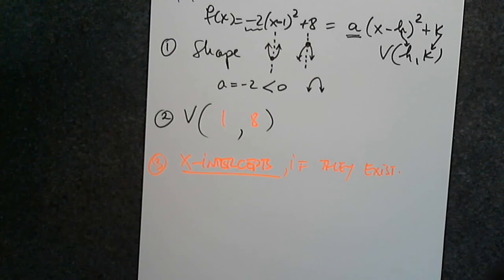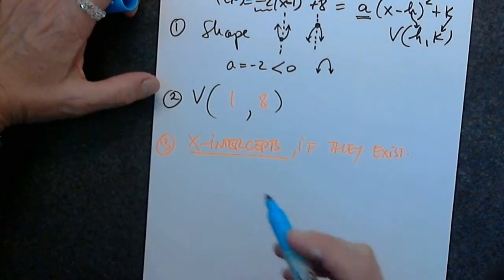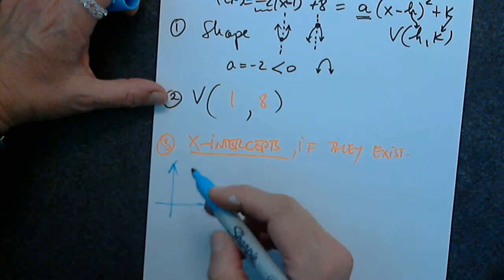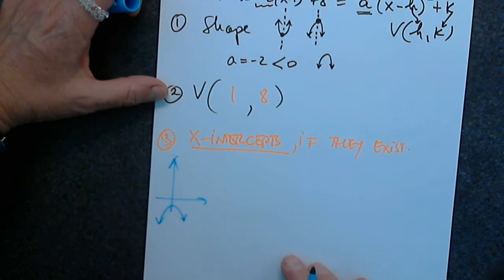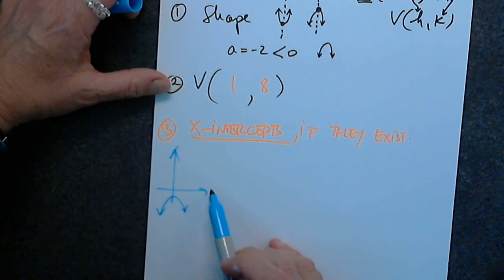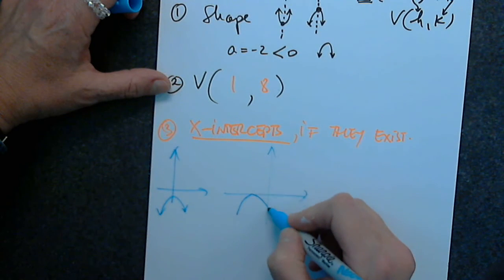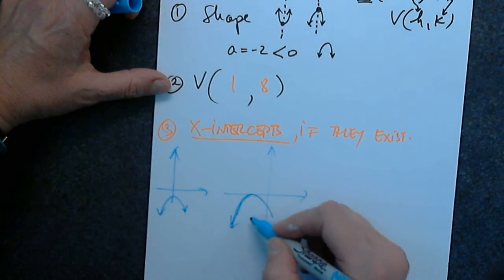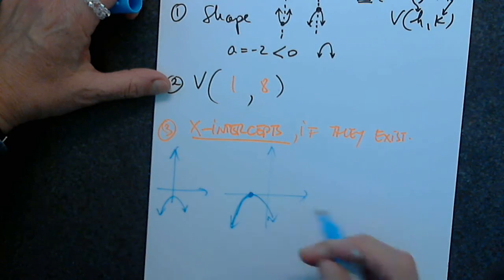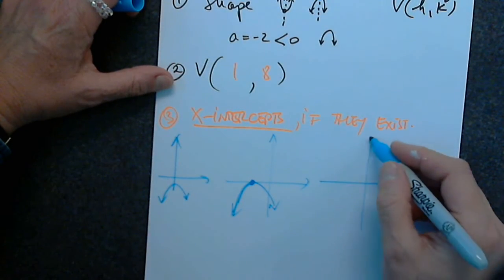X-intercepts if they exist. Okay, so we're talking about a parabola that has a maximum, and the question is, what are the options? So there are 3 possibilities here for a maximum. This is one possibility, which is the graph of the function does not touch the x-axis. The second possibility is this, which tells us that there is only one common point with the x-axis. And the third possibility is this,